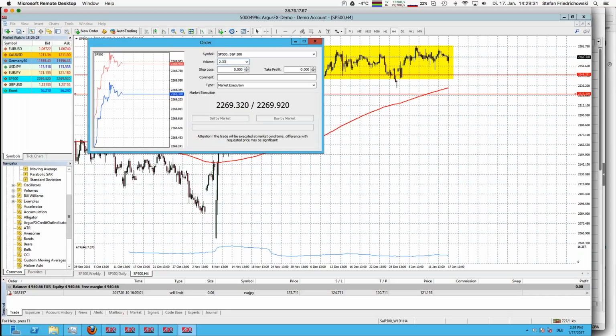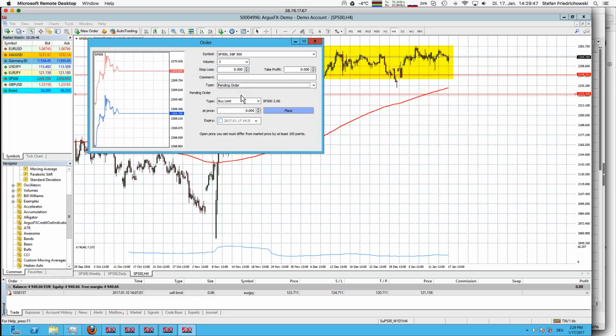And you see, oh, that doesn't work, because we can only order integer numbers for that kind of underlying. So my volume is 2. By the way, I don't want to have a market execution, no market order. No, my order should be a pending order, and the type is a buy limit. Only if the price goes down to the red line, then I want to have that kind of trade ongoing. So therefore I choose buy limit,